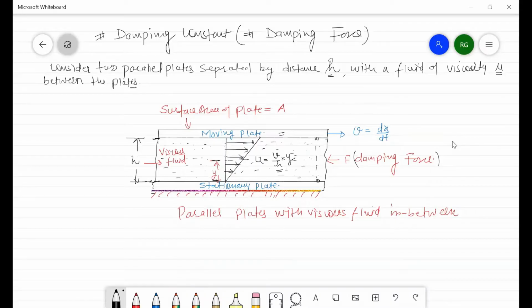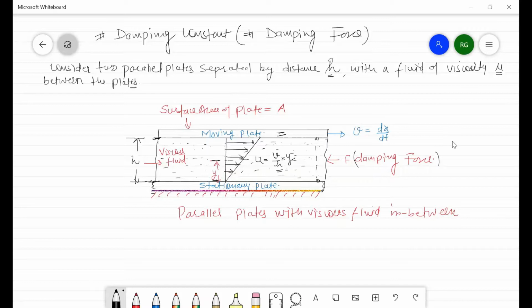Hello everyone, welcome back. So in this lecture, we are going to discuss the damping constant and damping force. For that, we consider a parallel plates system with viscous fluid in between them. The distance between these two plates is h, and the viscosity of the fluid in between them is mu. The upper plate is the moving plate, moving with velocity v, which is given by dx by dt. The lower plate is a stationary plate, and the fluid of viscosity mu is filled in